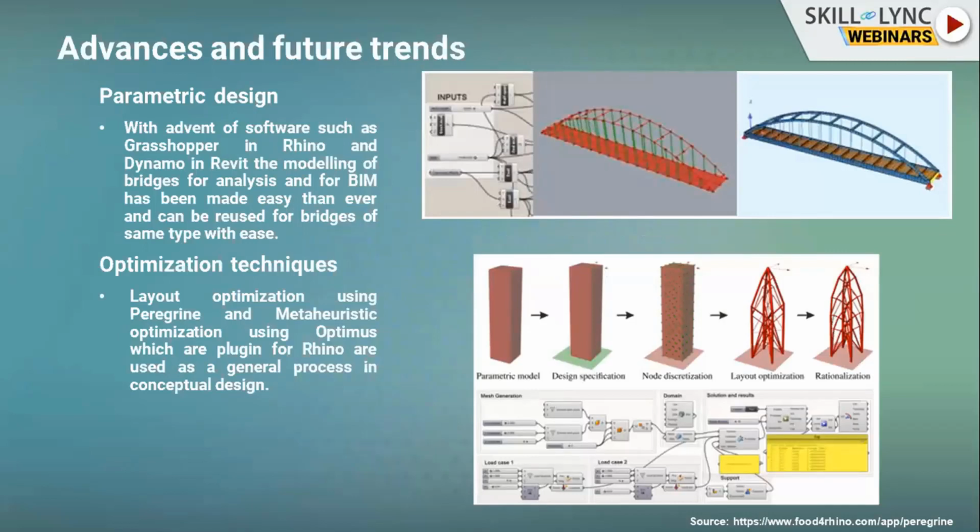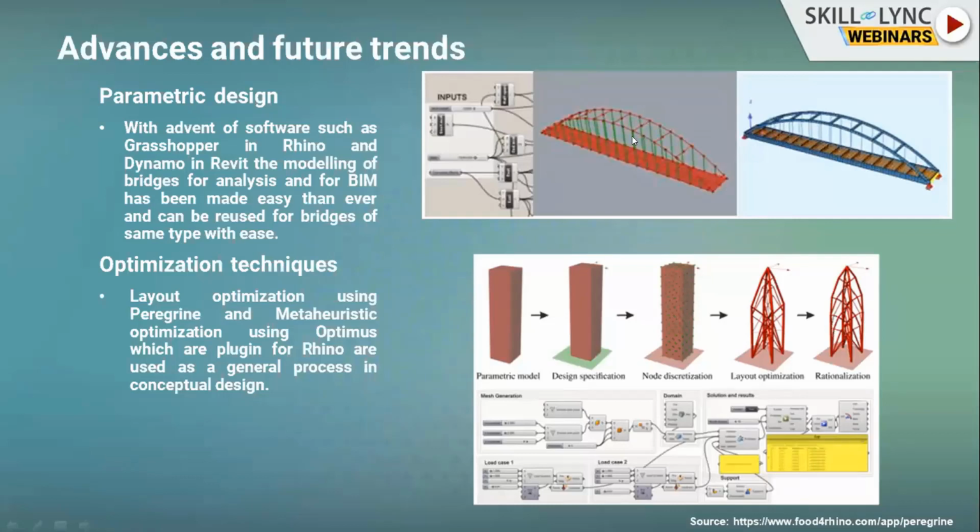Here, what we do is make the model very parametric. You can see on the right side, you can see inputs. It has span, then you can have height over here, and the arch bridge will be entirely generated. The model will be created. We have various inputs like the number of hanger cables, the width of the bridge, the number of transverse wind bracings, and the number of cross beams in the bridge. Based on that, the model will be generated as an FEA model, and based on this we'll be doing the analysis.